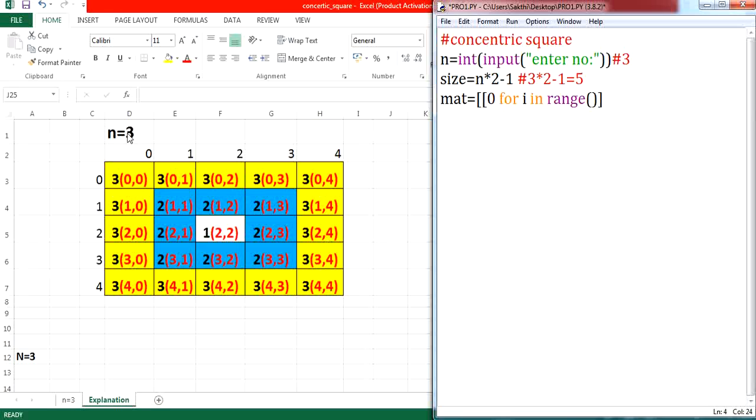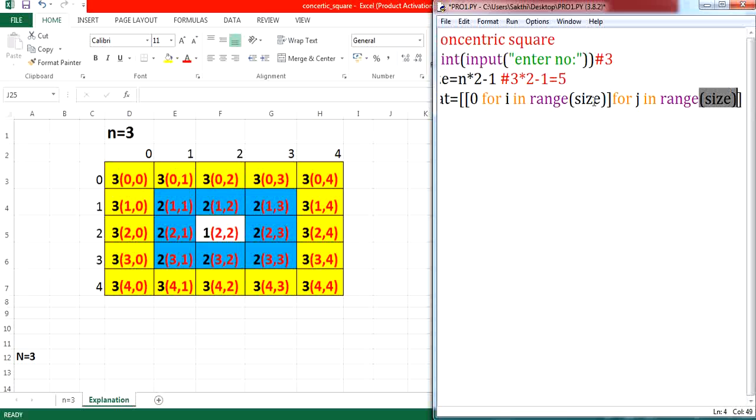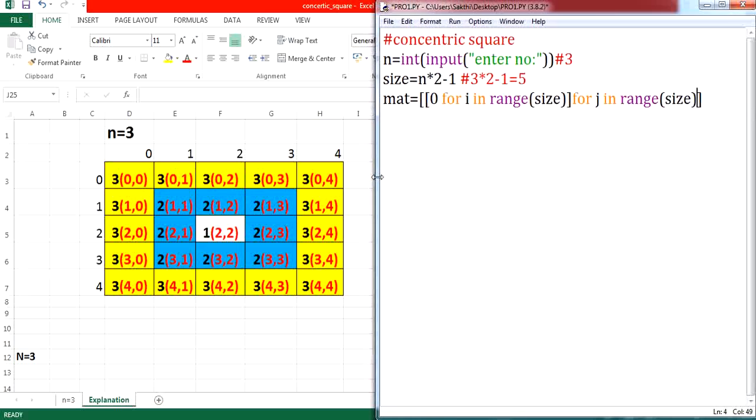Now I have to mention the column, for j in range of size. So far we have declared a 2D array with the size we calculated.